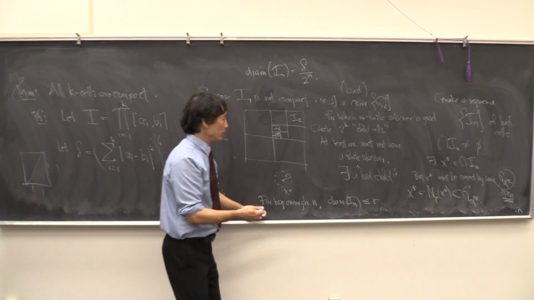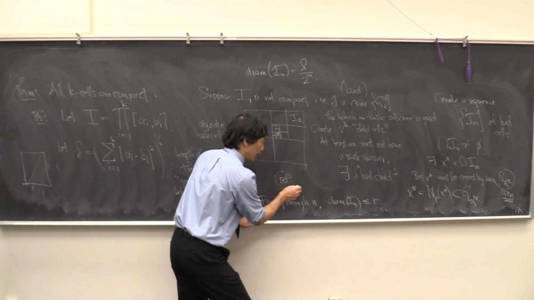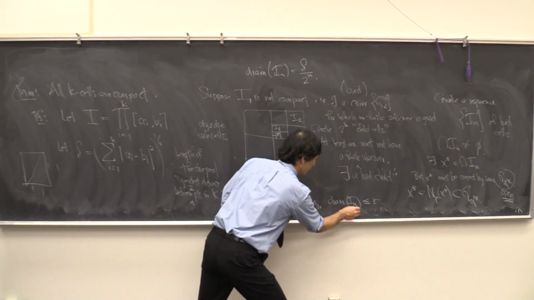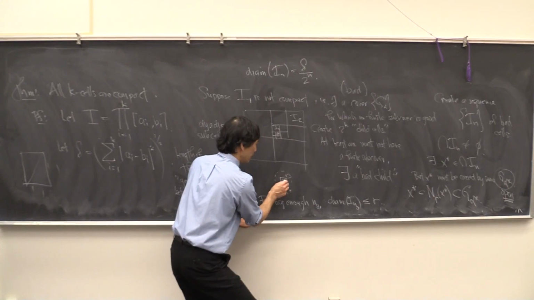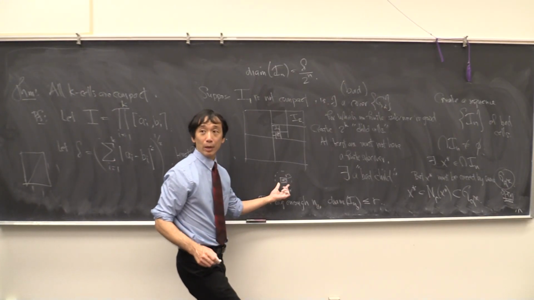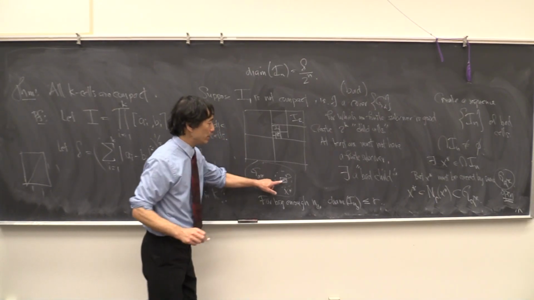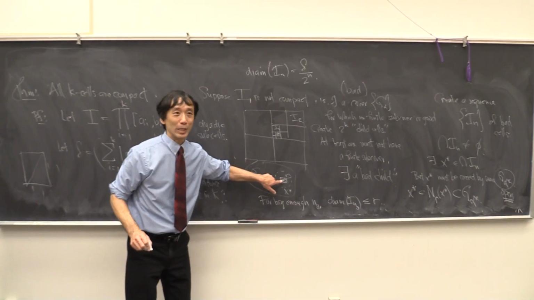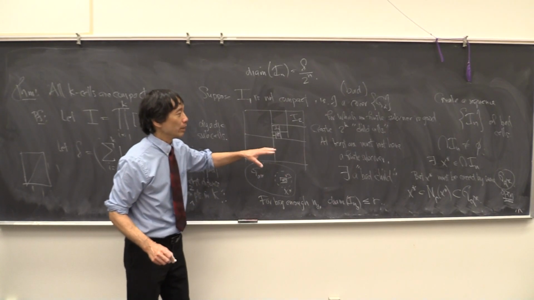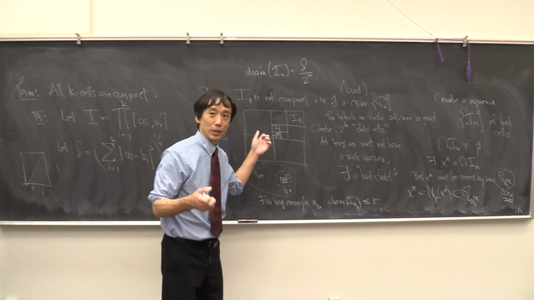So what does that tell you? That tells you that I sub n naught must lie inside of that ball. But that means it lay inside of G alpha, which means that it wasn't a bad child. It was actually covered. So the ones that we said were all bad, but in fact we found one that's actually good. Contradiction.